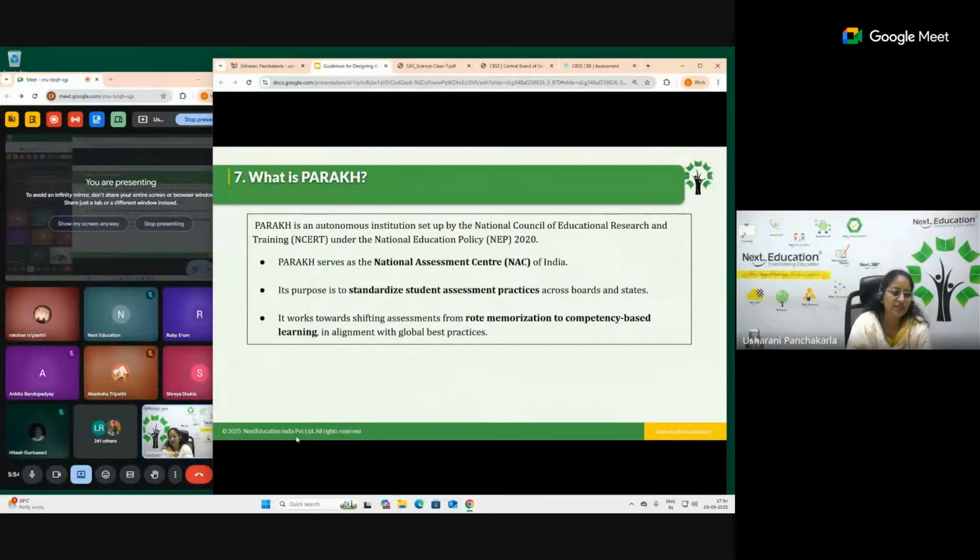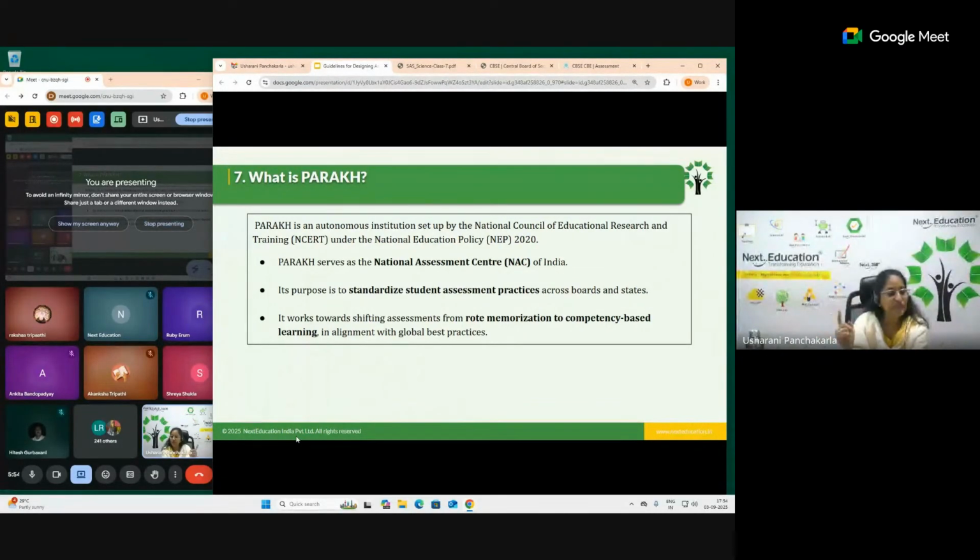This is what the pedagogy needs to change as per the result that is coming. And here SAFAL gives a broader picture with respect to the school, the district, the state, and the national level. What is the ranking? Where does that school rank? It's not public, but only for the school, for the Navodaya, and for the officials or functionaries, the coordinators who are working on it, to get a clear picture of what they need to work upon. Based on that, the teachers will be given cluster trainings, workshops or webinars. So that is meant for SAFAL: to refine the education system and see where the learning gaps are, mainly to identify the learning gaps.